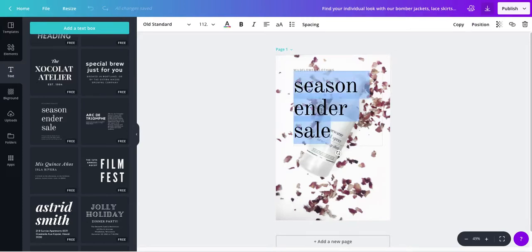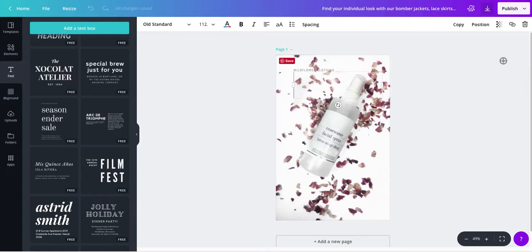So I'm going to select this one first, and you want to try and come up with something that is going to get people to click on your pin. Obviously, people are going to see the image, but they're also going to be seeing the text. So I'm going to type in